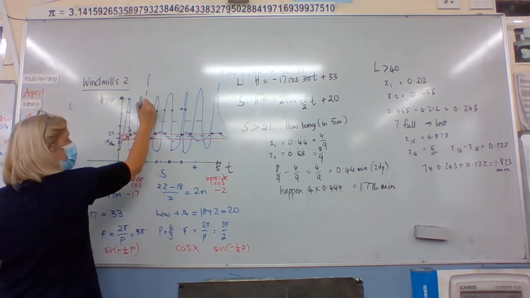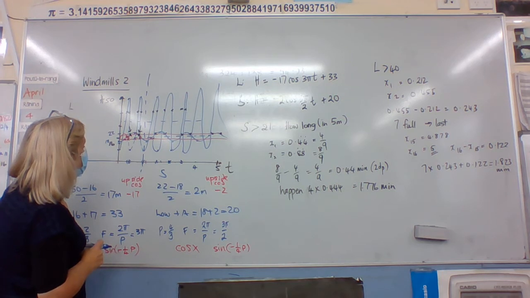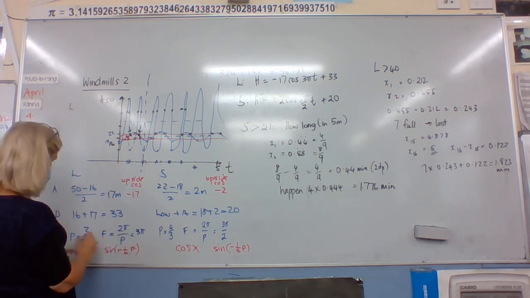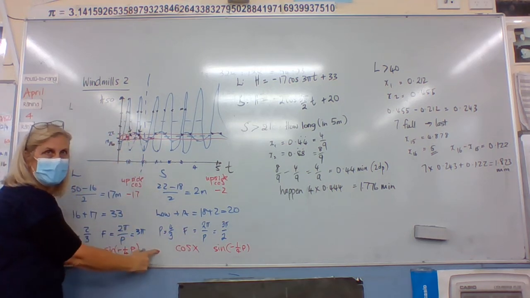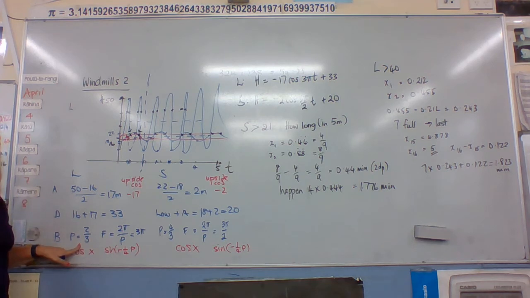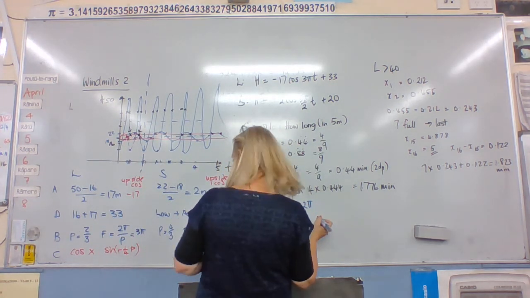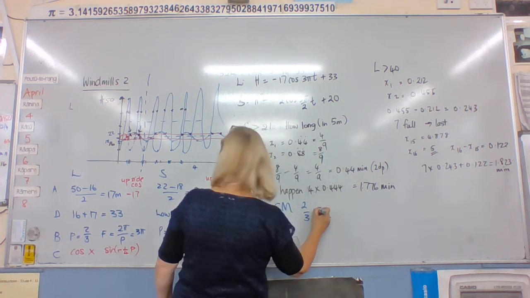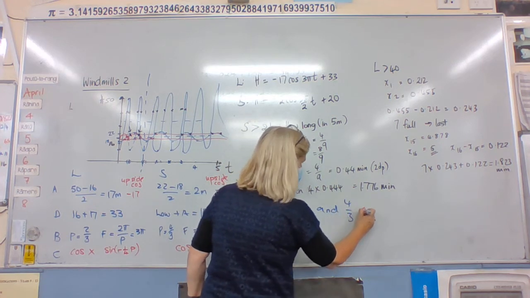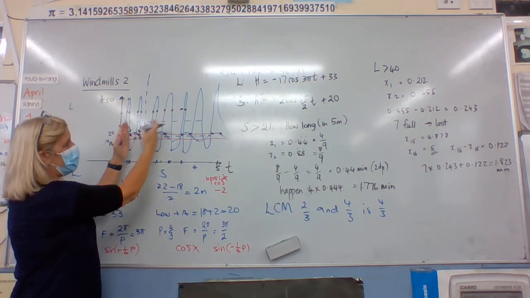So here, the graph should repeat, because this one happens in 2/3, so in 4/3 it's gone twice, and this one has happened once. All right, so we're looking for the lowest common multiple. So the LCM here is 2 pi, 2/3, and 4/3 is 4/3. So we only have to find the answers in 4/3, and then it'll be the same